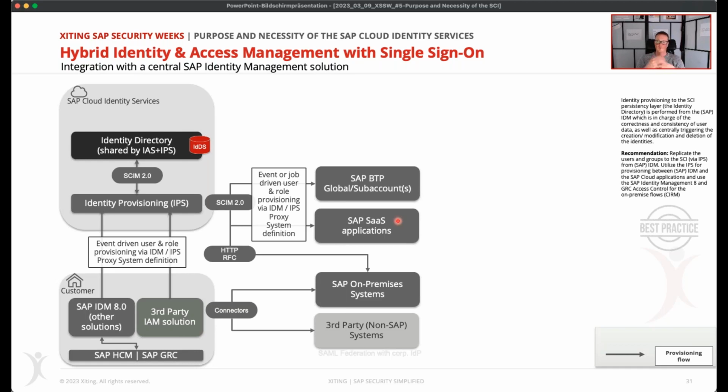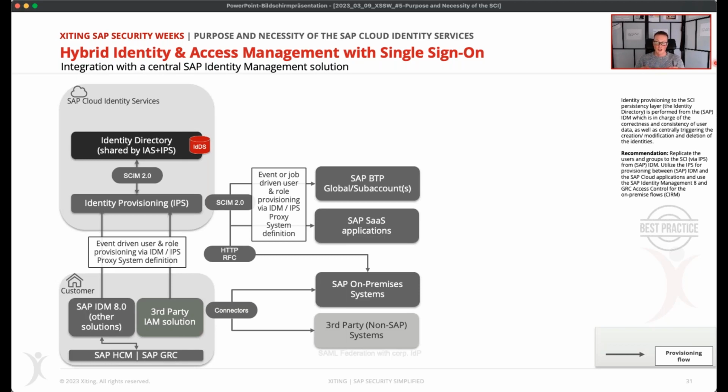It reads user data from the cloud system based on a defined mapping and data formats that you can define in the IPS, and it sends it to the identity management. So if changes like create, update, delete are made in the IDM, a new job is automatically triggered. It applies changes in the external backend so that both systems become up to date and synchronized. So the complete user provisioning process is done, for example, sticking with SAP IDM here, with SAP IDM, and the identity management database is considered a single point of truth.